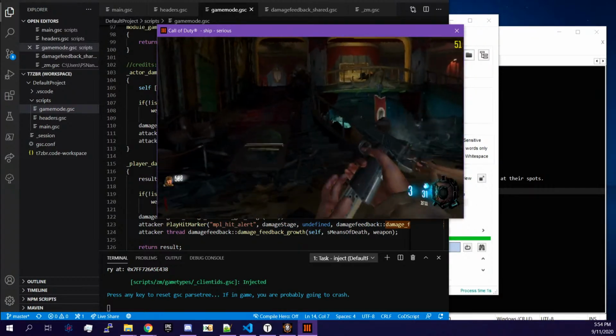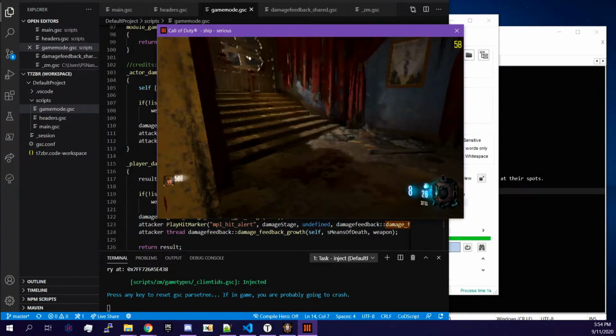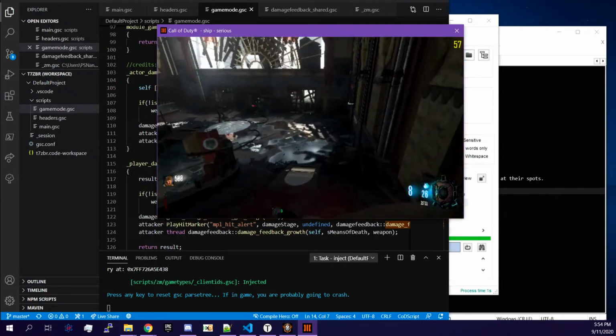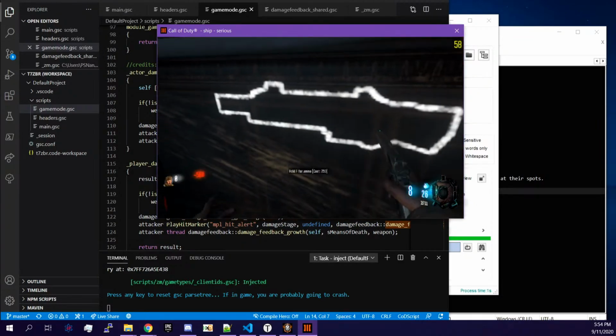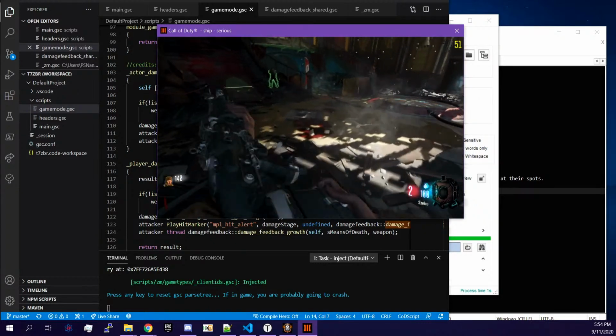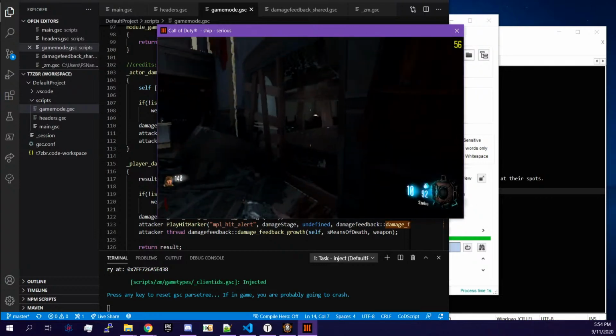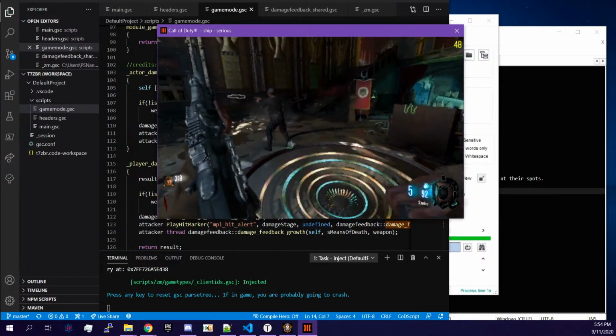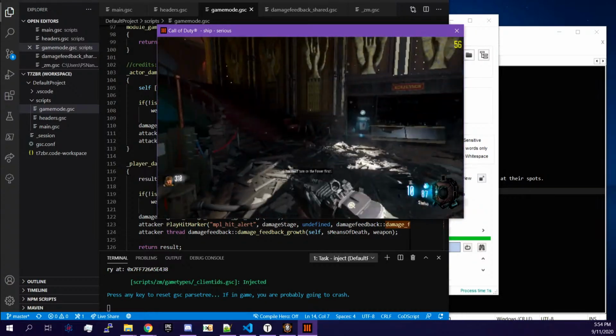Okay, feedback's off for players. Let's check zombies, if I can find one. Okay, it works for zombies again. So zombies are receiving player feedback. Why? Who knows? But that means that I have to...